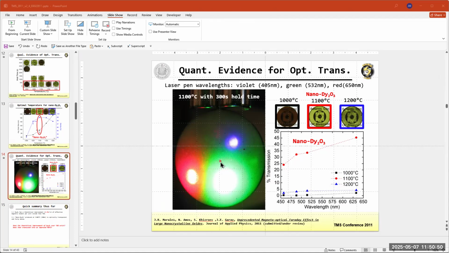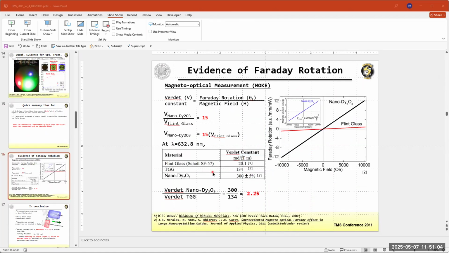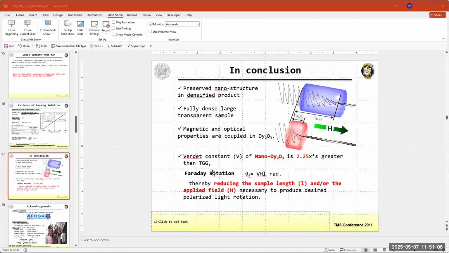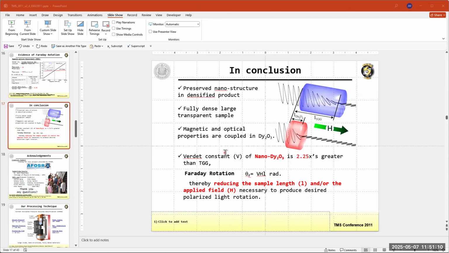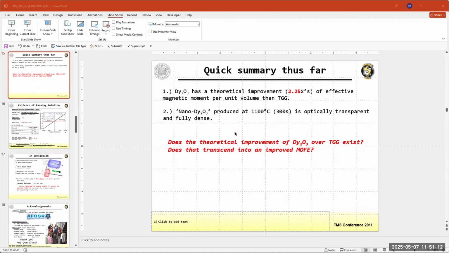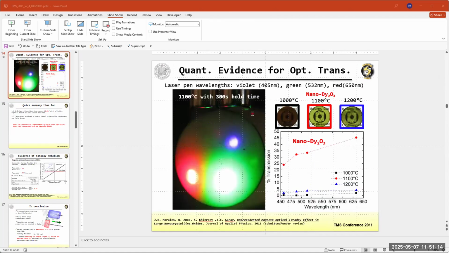So my sample is transmitting light, but it's transmitting light in all of these different colors of the rainbow. And you even see where you've got a mixture of two wavelengths and you get yellow in the middle, and even yellow is being transmitted. So anyway, the point of me showing this was not to talk about magneto-optical materials, but instead to show that I've made presentations